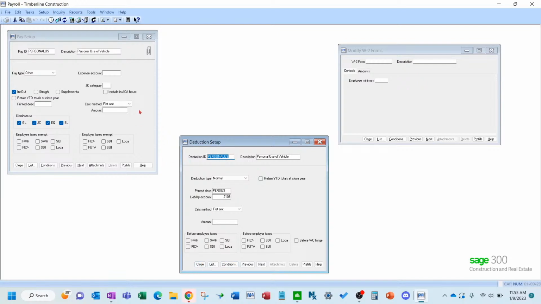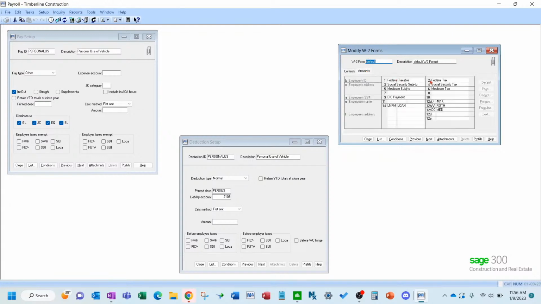All right. So now how that works on the W-2. So we work with the default one in this example. You can set up multiple types of forms so that you have different setups going on with box 12 and 14, for example, but we just have one in here we're playing with. So how these tie is the federal withholding on the pay, the exemption box here would mean that this pay, if this was checked, would not show up in the federal taxable box 1 wages. Same thing for FICA and state withholding.